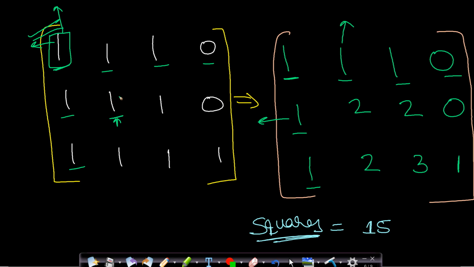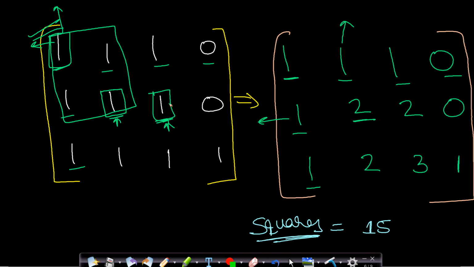Now at this point, what will be the number of square matrices where this particular cell is the bottom right corner? So in this case you can see that there are two such square submatrices, the element itself and this one. Okay, so we will simply write here 2. Similarly, for this one, there will be two square submatrices where this one is forming the bottom right corner, this element itself and this one. So I hope you are understanding it now. So this is also 2. Now whenever you see 0, it cannot be a part of the square submatrix where we have all ones. So we will simply put here 0.